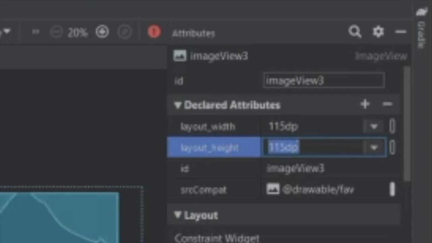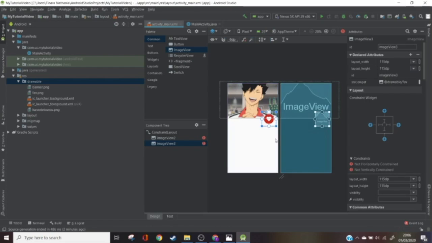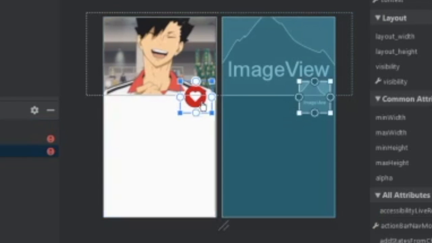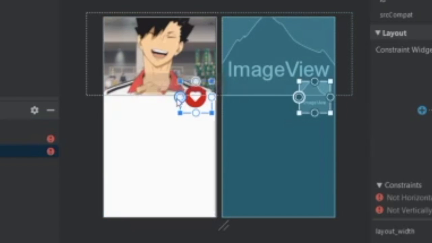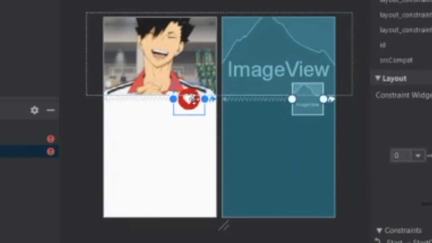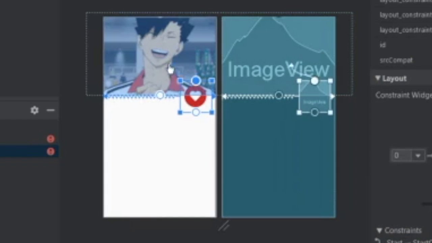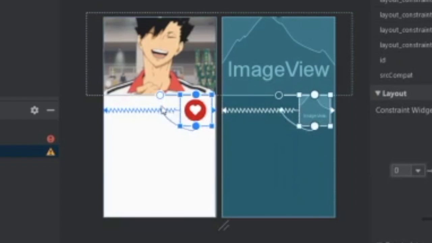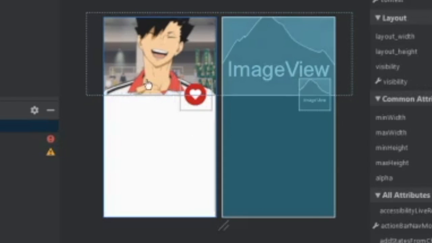Yep, it's small enough. And don't forget to drag the left constraint and the right constraint so that we can position this horizontally. And here's the tricky part. Take the top and bottom constraints and drag them to the bottom constraints of the image so that you can